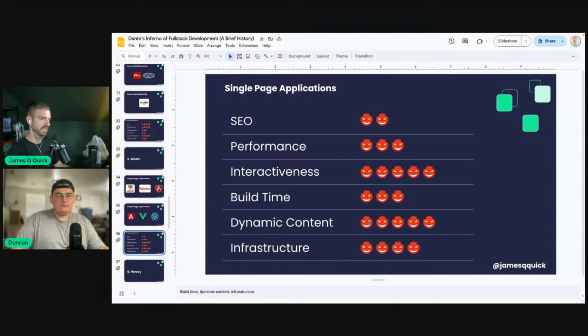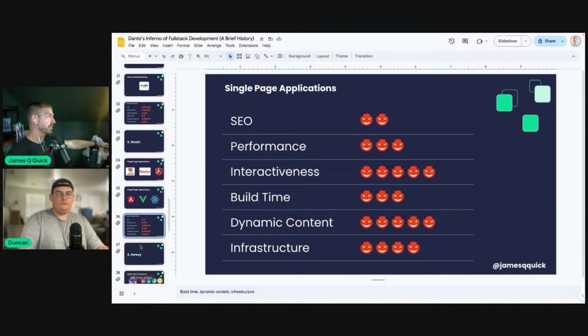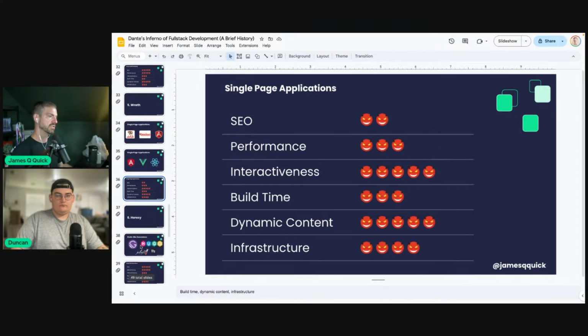Dynamic content, yes. Infrastructure, again, a little bit more complicated to have a build system or somewhere to run the build of the site and then probably host a separate backend somewhere. So now you were deploying potentially to 2 different places. You could do it from one, but